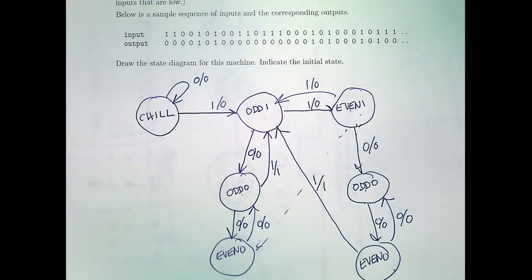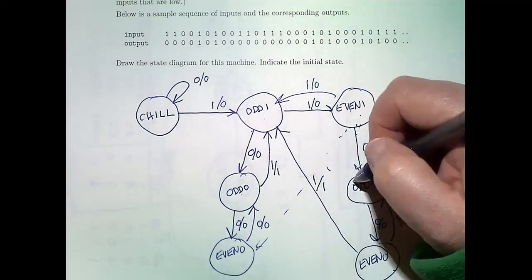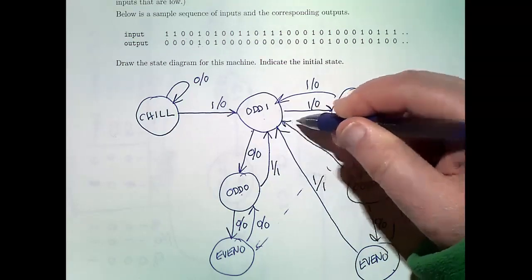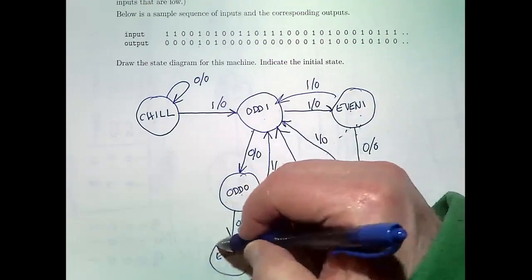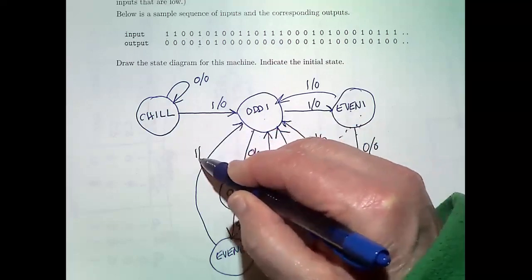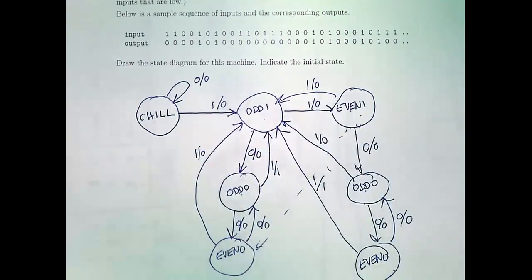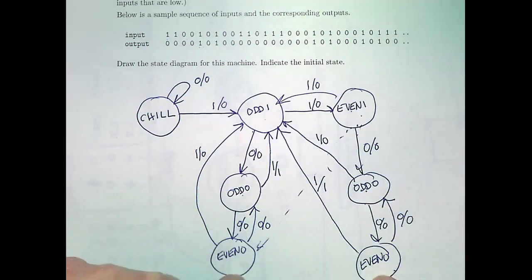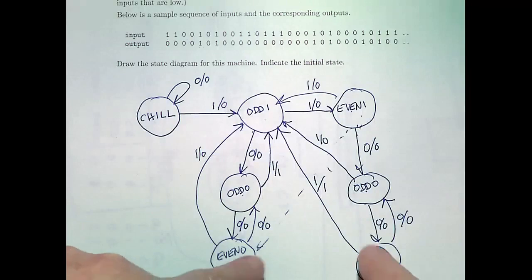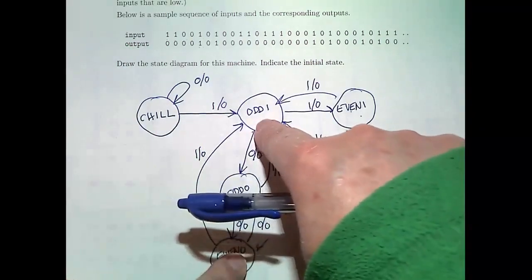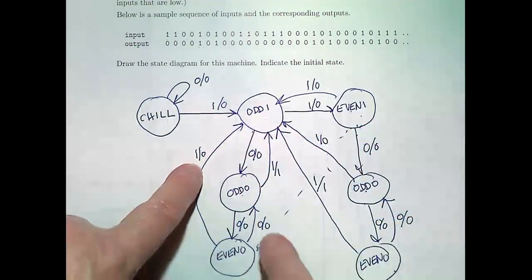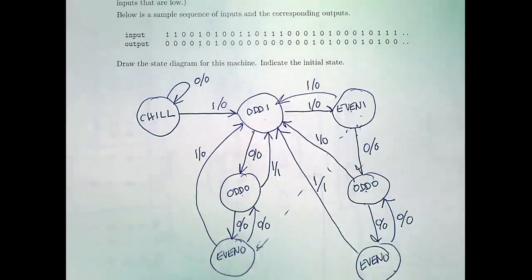The output 0, but the right out 0 and the left uses 0. They both have to point back to odd 1 if they are 1. Yes. So these will all go back to 1, but they're going to output 0. Right? As soon as we're down here and we get a 1, the block of zeros is over, and we've got a single 1, so they take us to odd 1. But whether the output is 1 or 0 depends on where we were.